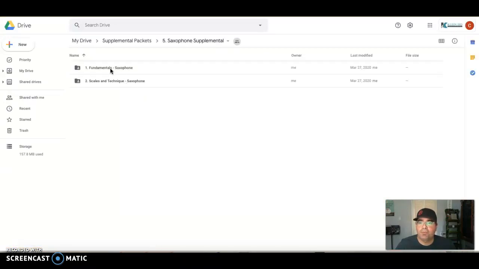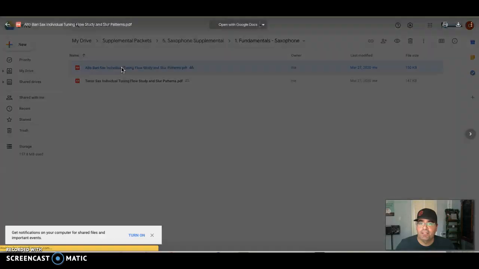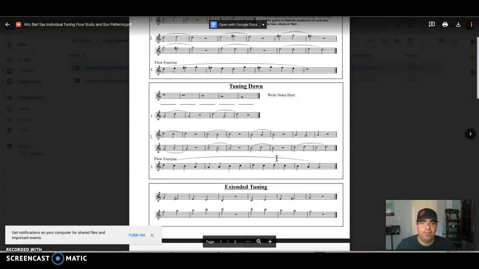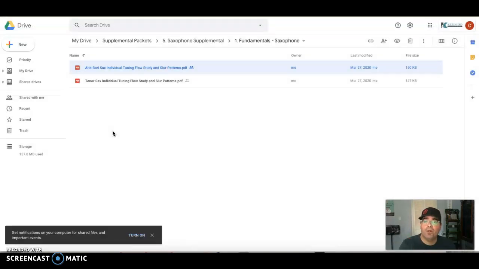It'll take you to the supplemental page where it says fundamentals and saxophone. And here's your flow study. And you can just read from here, right there. You're going to have a separate video on how to do it. It's going to be on this supplemental page, and that's going to be cool. And then you have your flow studies,